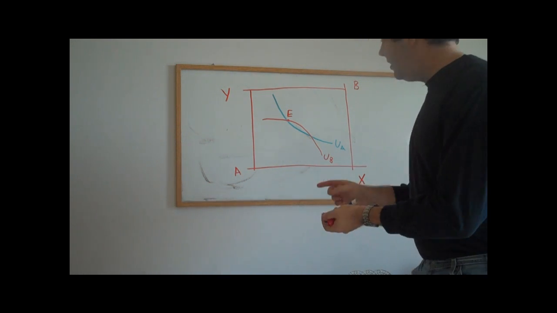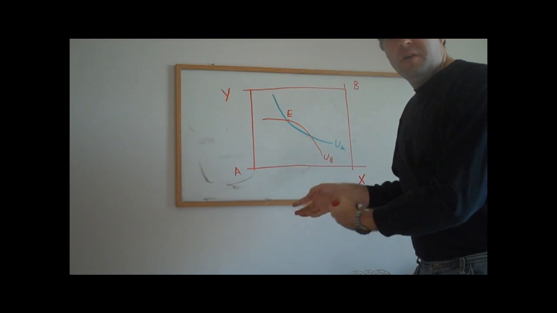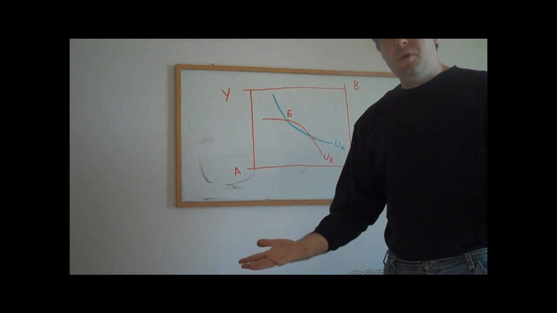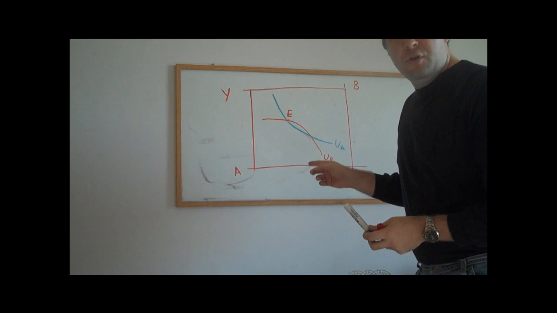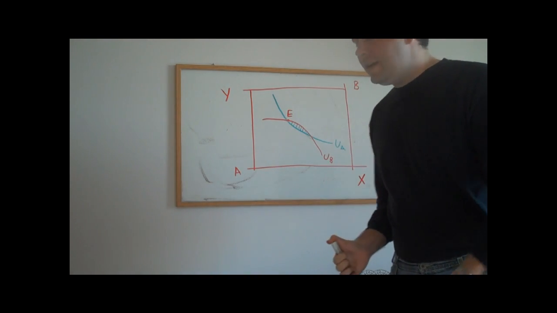And the reason is that we can identify a situation that would be an improvement for both A and B. They would both vote for it. And so that improvement is right here in this lens-shaped region. So to translate